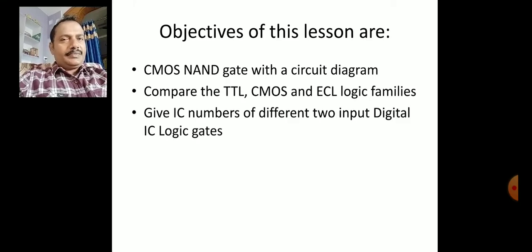In that, we will see NMOS and its symbol, and we study PMOS and its symbol, and the difference between NMOS and PMOS and their physical structures, and also the behavior of the CMOS NAND gate, how an inverter and some functions are implemented with CMOS. We are going to study.